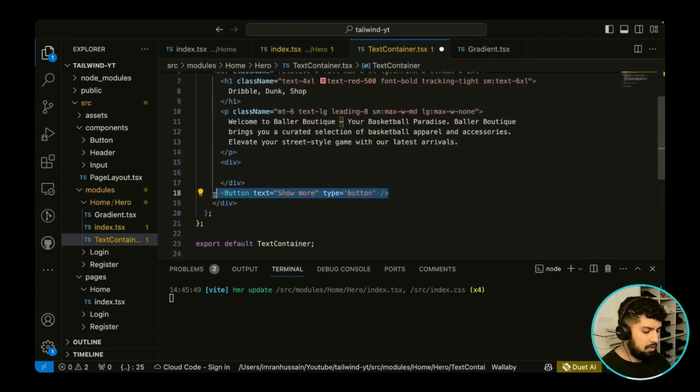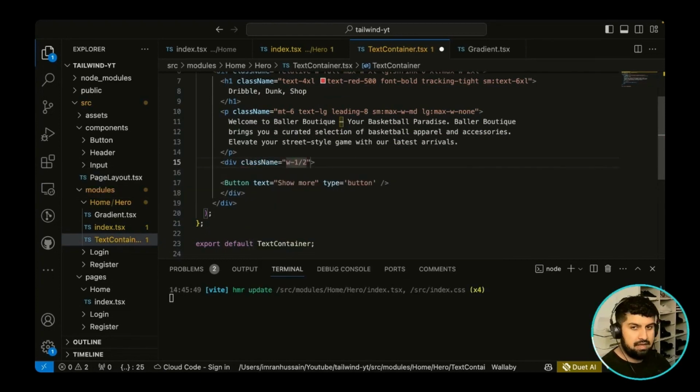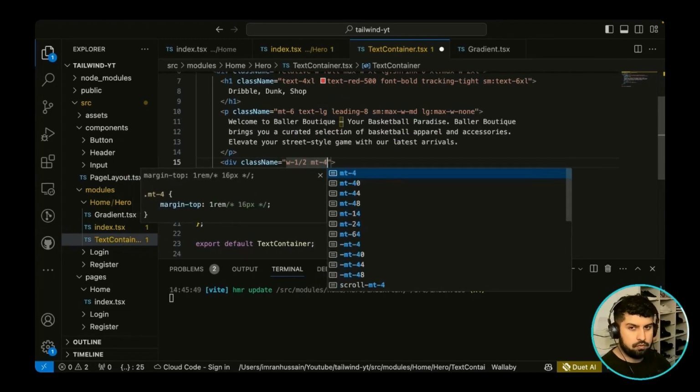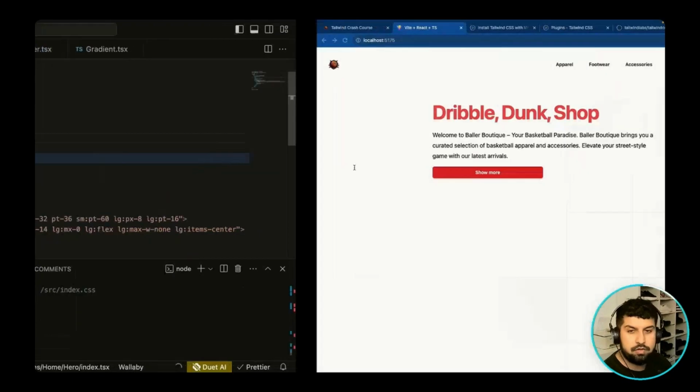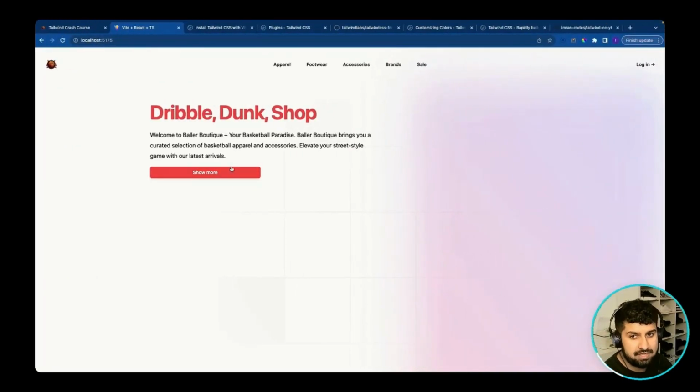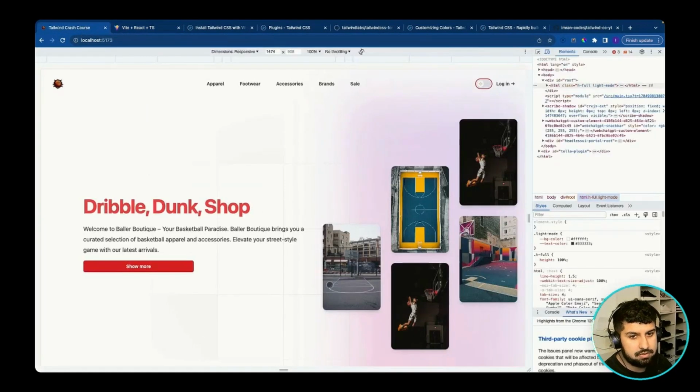And all we need to do is close it off. And what I want to do is make the button half the width of the text container above. So I can wrap it in a div and give it a class name, and the width is going to be half, and we're also going to have a margin top of 4, like so. So now if I save all and go into the browser, now we can see that's the left-hand section complete. What we'll do next is work on the image columns over here, and then that should complete the